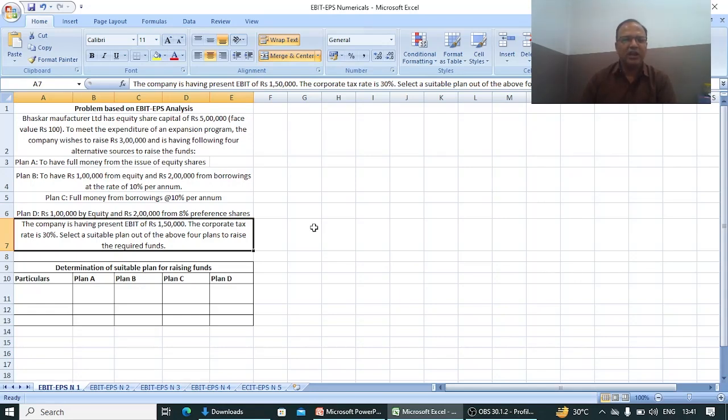In plan C, it collected all money from borrowing at the rate of 10%. Plan D, rupees 1 lakh by equity and rupees 2 lakh from preference share. There are four options. Now, present EBIT is rupees 1,50,000, tax rate 30%, and you have to suggest a suitable plan to the organization. Now to solve the problem,